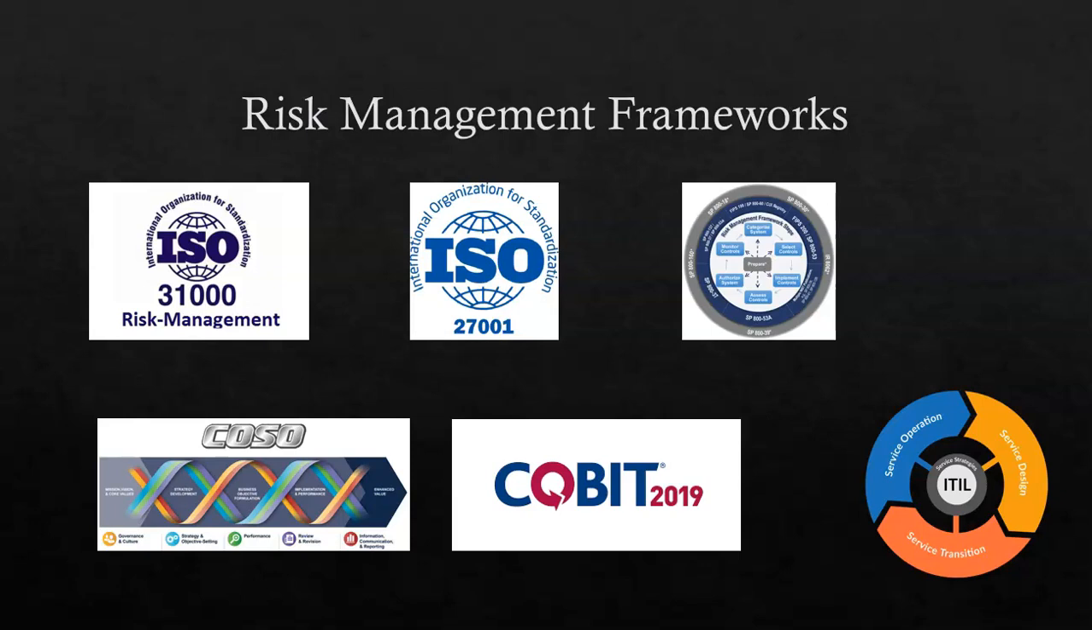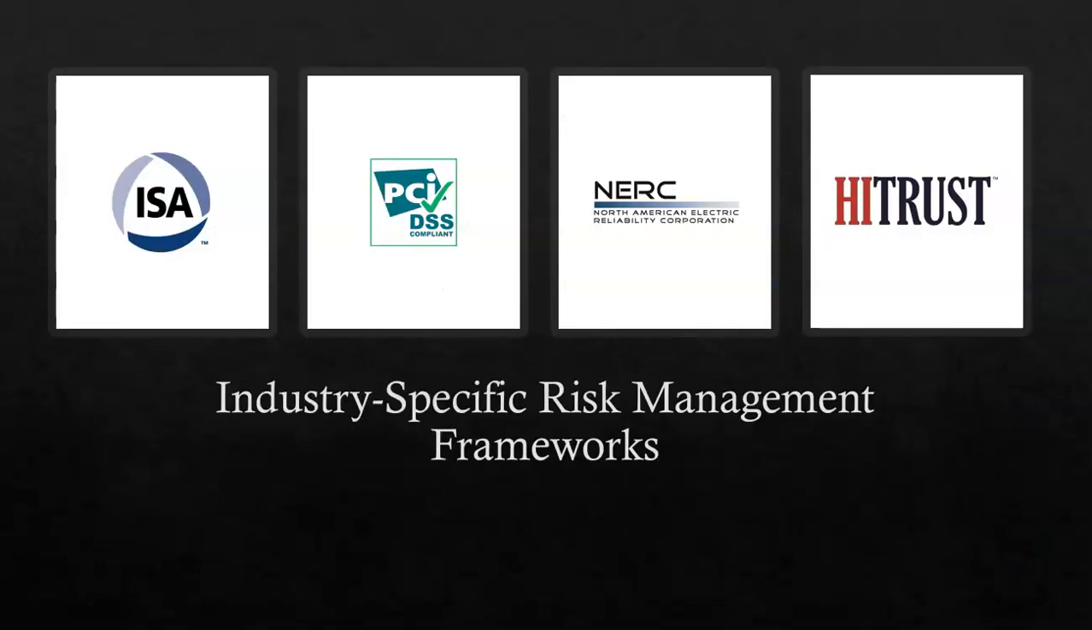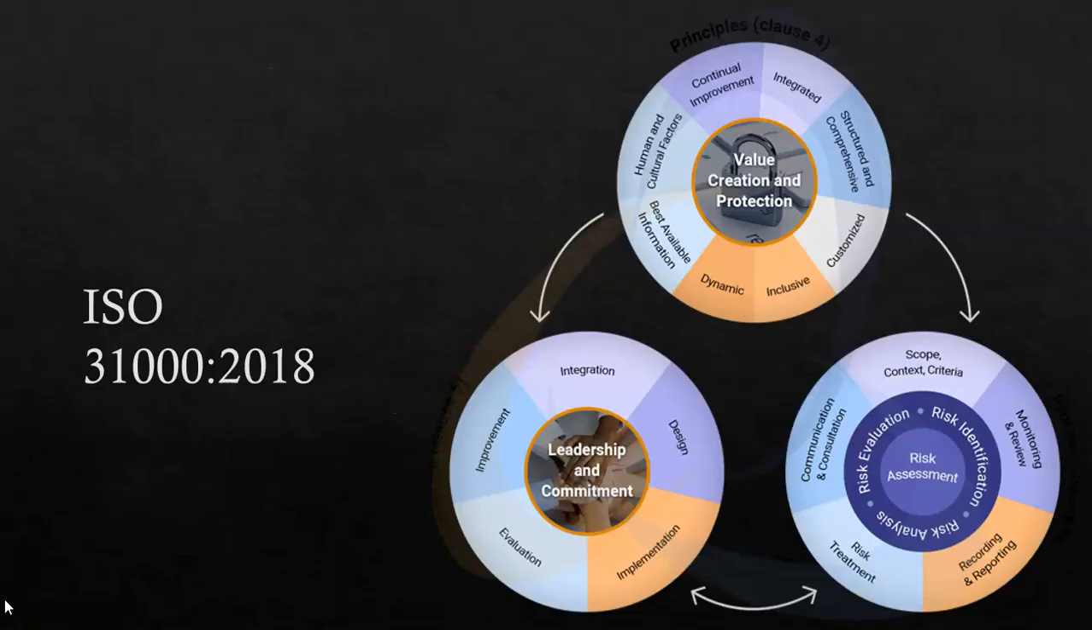31000:2018, NIST Special Publication 800-37 Risk Management Framework, COSO, that is the Committee of Sponsoring Organizations, which provides an organization level view of risk management, and ITIL, that is the IT Infrastructure Library standard, COBIT and Risk IT. We will also cover some industry specific risk frameworks like HITRUST, the North American Electric Reliability Corporation Critical Infrastructure Protection standard, PCI DSS, and in the last we will cover the risk assessment methodologies. So let's start with an overview of ISO